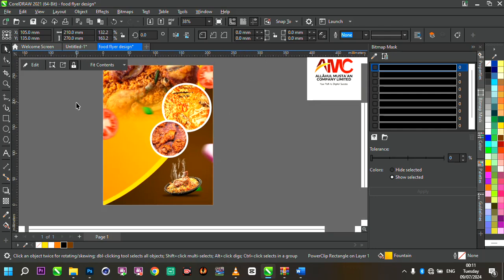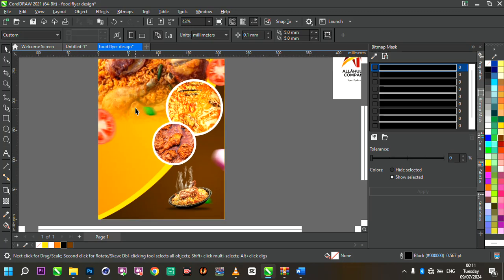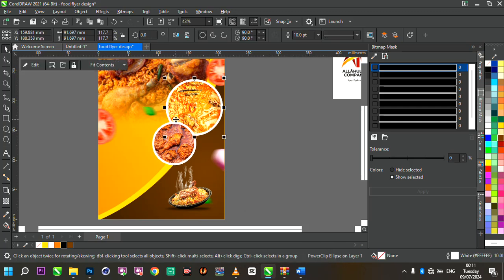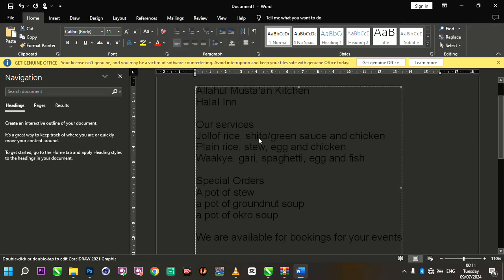Now we need to bring the text elements of our design into the workspace. So what I normally do is to have them typed in Word, and then I open up Word, copy, and then paste in Corel Draw. Okay, so you move to Word, I have them right here. I copy,